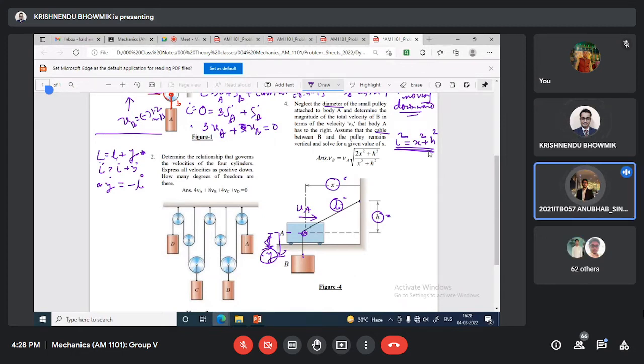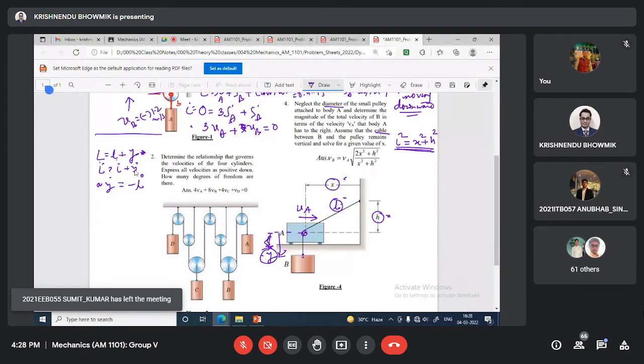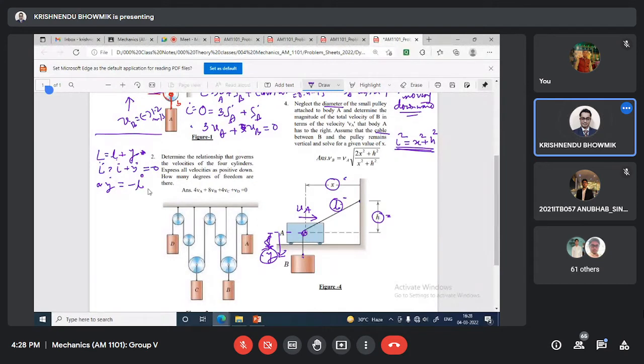Can you please tell why y dot equal to minus L dot? Because this was 0. This was L, yes, that was 0. Sorry, I forgot. Yeah, that was 0. So that's why it was minus. Now if I use this, do the derivative: 2L L dot equal to 2x x dot